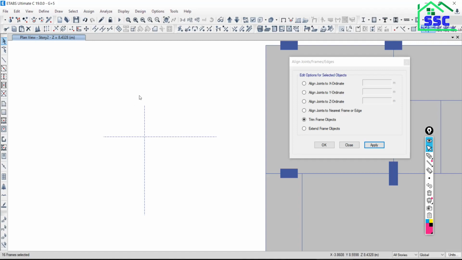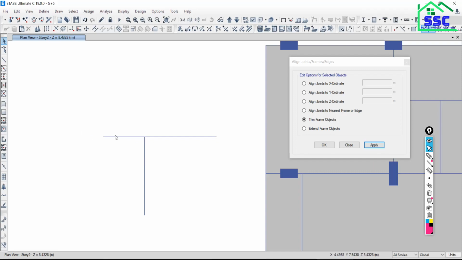So we have to define the joint also. We have to trim this frame about this joint, and up to this frame. Now say Apply. This will be done. Is that clear? Yes, sir.